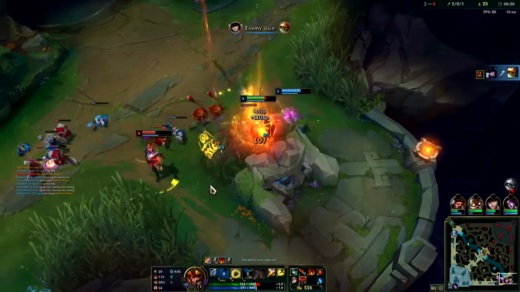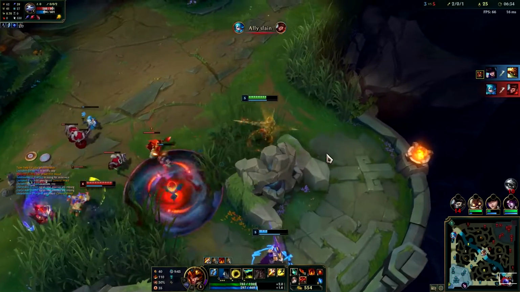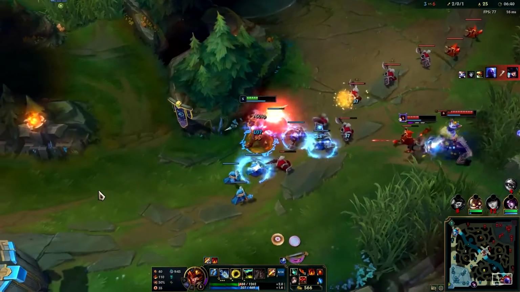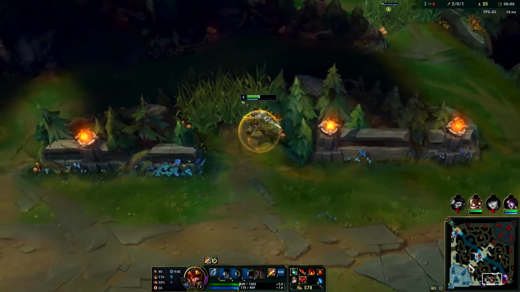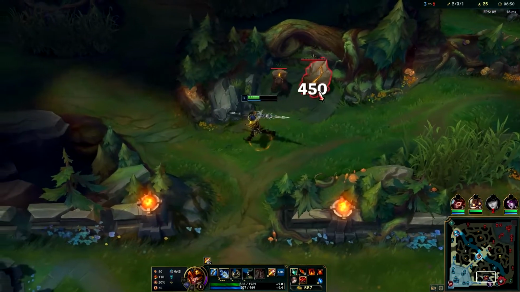This guy's a goner. Oh my god, they're all here now. We're just gonna run. Wanna flash, E into Q, shield, and we're out. We couldn't save the Caitlyn anyway, no point in us staying and dying. We did have a shutdown bounty, we don't have it anymore, but...